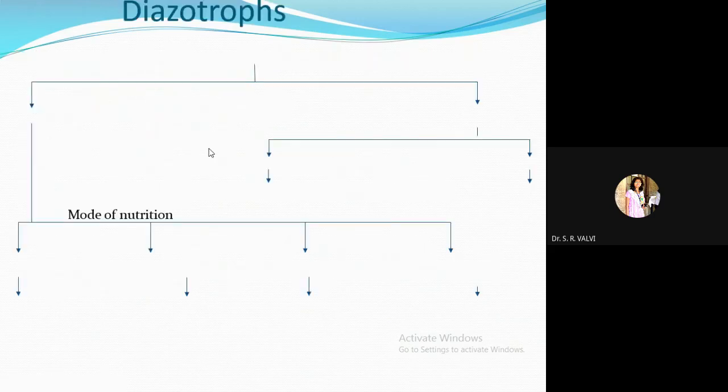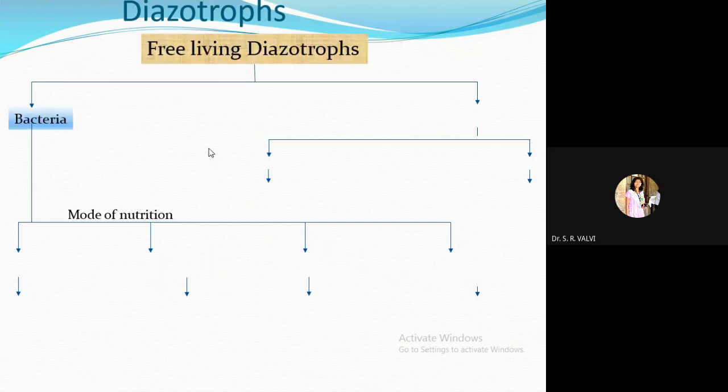So now see diazotrophs. They are divided into two types. The first type is bacteria and the other one is cyanobacteria. Cyanobacteria is nothing but blue-green algae. So free living diazotrophs. Diazotrophs are nothing but what? These are the microorganisms which fix the atmospheric nitrogen. So these microorganisms are called diazotrophs. They are divided into two, bacteria and the second type is cyanobacteria, or it is called BGA, blue